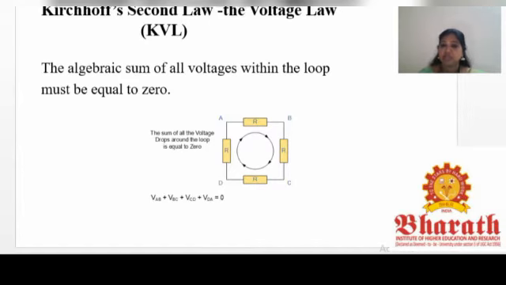In the same way, I have connected another resistance between node B and node C. This is also a branch, because it also has 2 terminals: one end is connected to node B and the other end to node C. Same way, between nodes C and D, again an element is connected. I call this a branch because it also has only 2 terminals. One end is connected with node C, and the other end with node D.